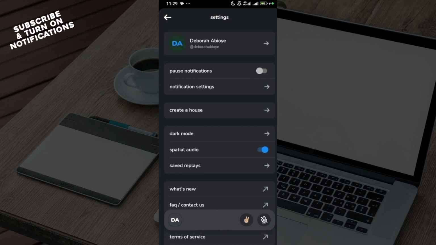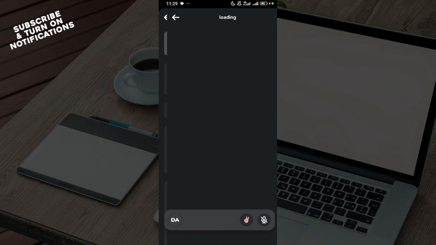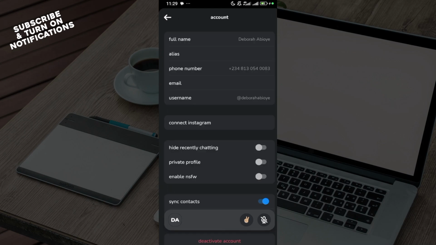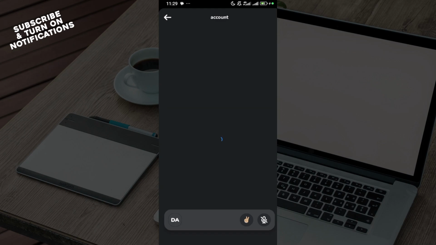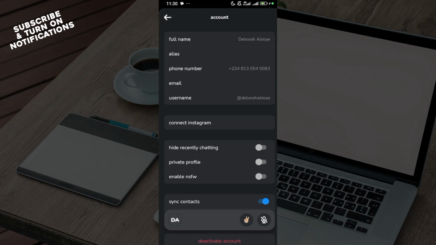Then go ahead and click on your username and wait for it to load. Once it has loaded, you can see full name, phone number, username. Select username, click on it, and then you'll be taken to the next stage. On this stage, you can decide to use an anonymous username in order for someone not to recognize you. This is one way. And then the second way to be invisible, which is the more direct way, is to